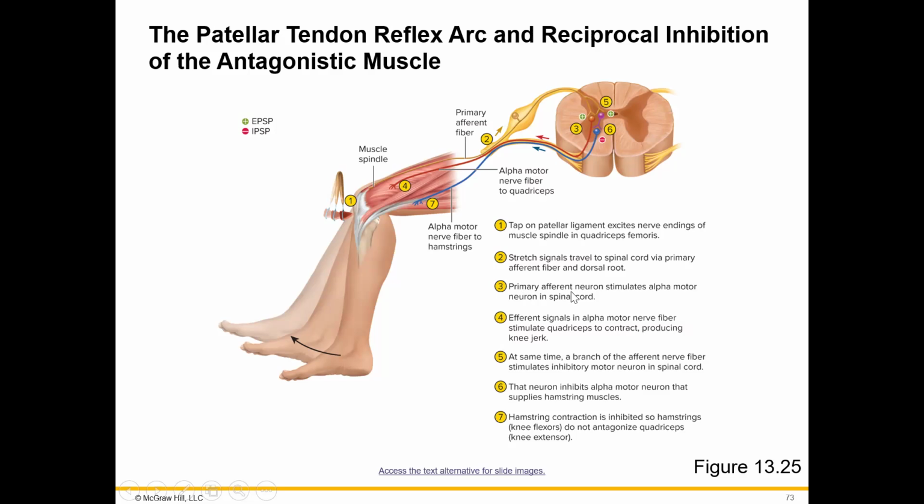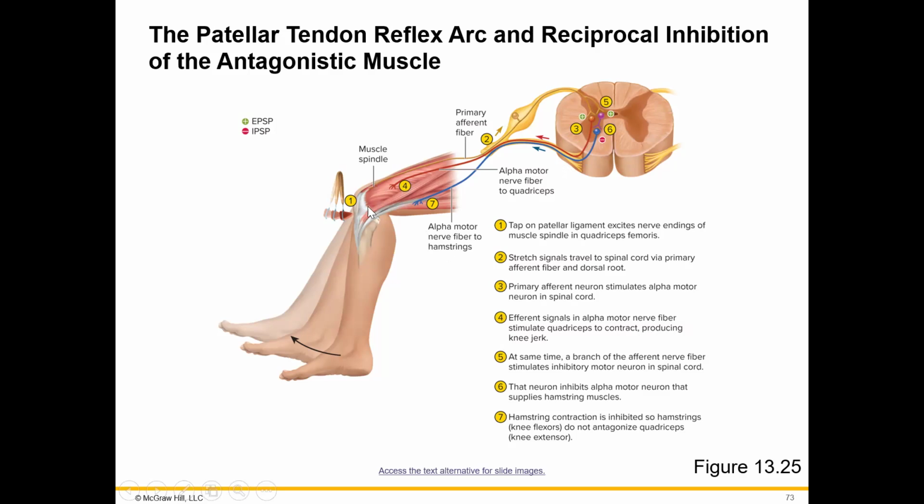The primary afferent neuron stimulates the alpha motor neuron in the spinal cord. That's number 3, alpha motor neuron. The alpha motor neuron generates efferent signals in its nerve fiber that stimulate the quadriceps to contract,